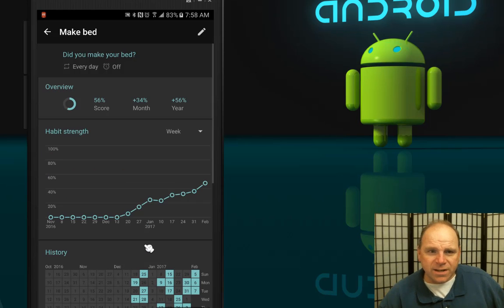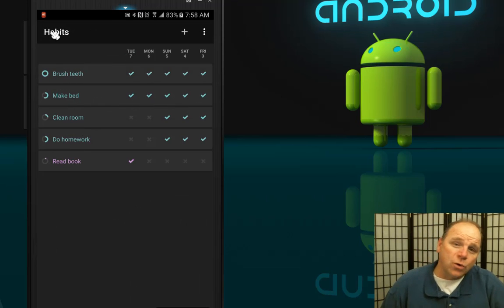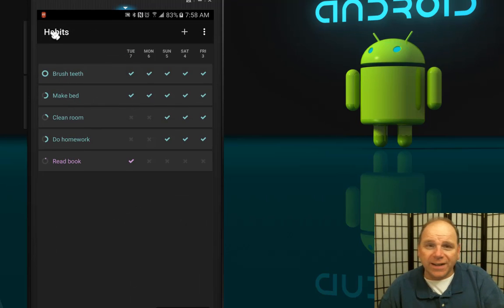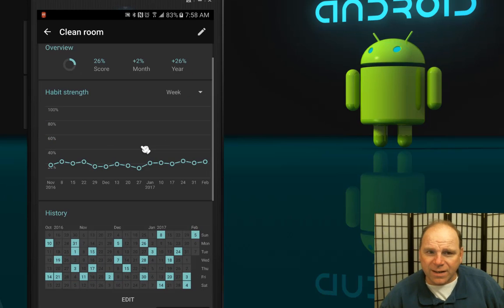What this does is it becomes a motivator, because you want to make a really good score. It becomes a motivator to get in there and check these things off and get them done as you move along. Then I'm going to show you the next one. I'm going to run through all of these so you can get an idea of how the chart works. So here's the history, and you can see across the board here that I'm running just above